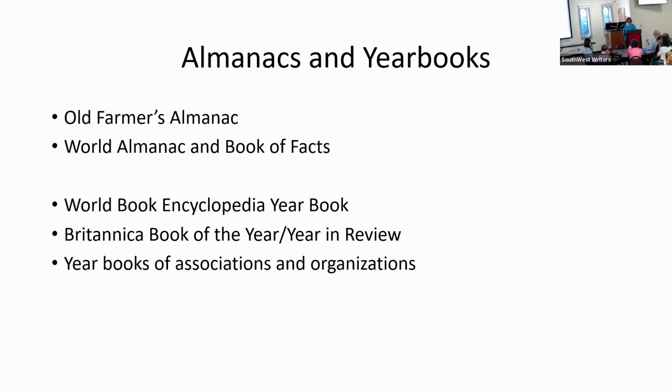By yearbook, I don't at this point mean your high school yearbook. I mean these books that come out every year that are a compilation of what's happened this year, dates, statistics, current events. The World Book Encyclopedia has put one out since they started publishing. Britannica has one. The official title is Book of the Year. A lot of people call it Year in Review. And that would actually just be usually at the end of those encyclopedias on the shelf, or currently it's going to be online. These are not free, however. You'll need to go through your library.